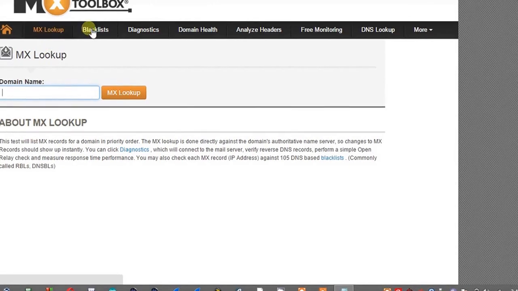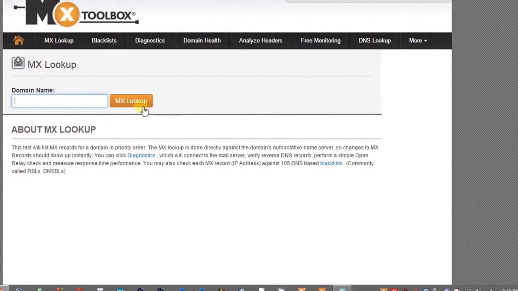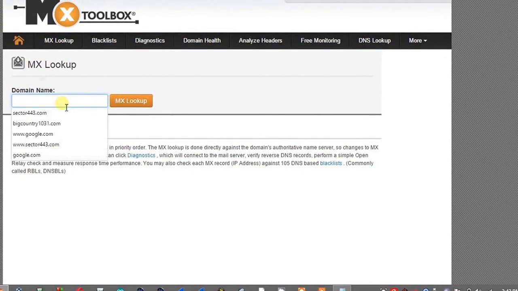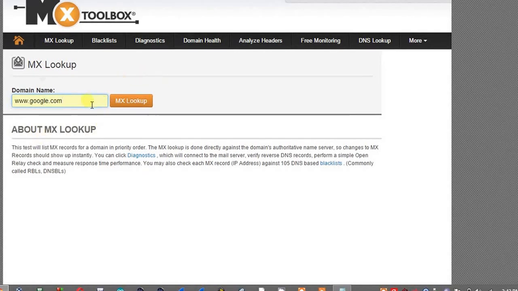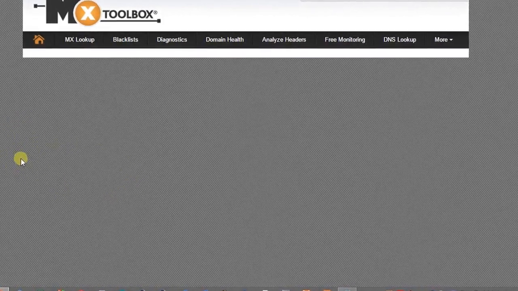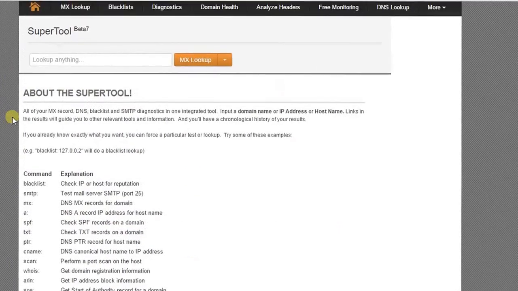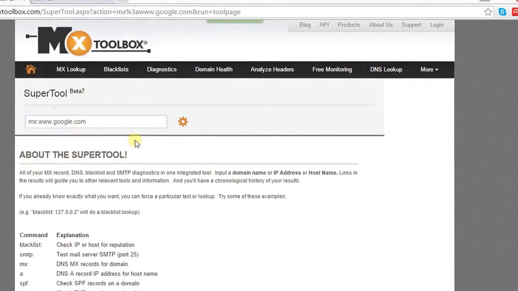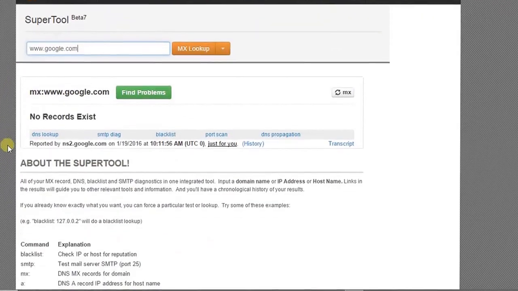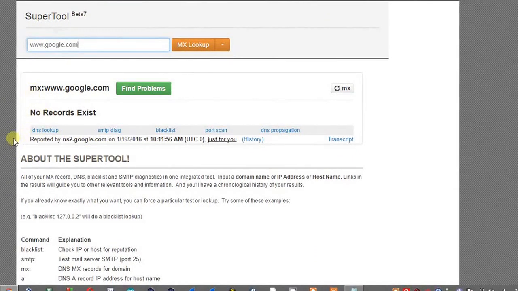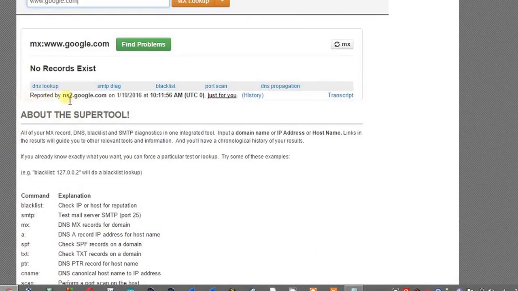For example, MX lookup is a common tool. For example, I've already checked for google.com. I'll do the MX lookup for this website. Okay, it will show me the details about google.com.